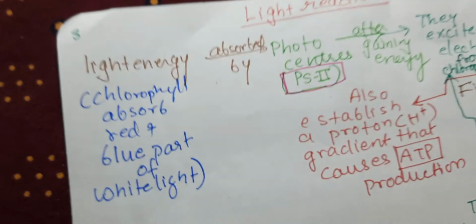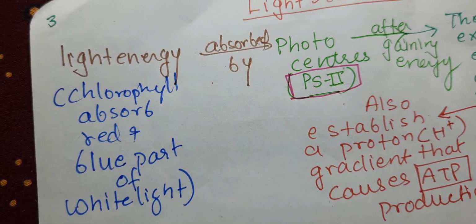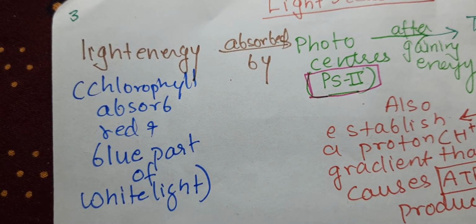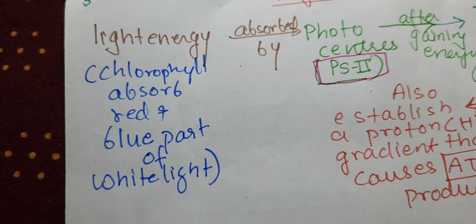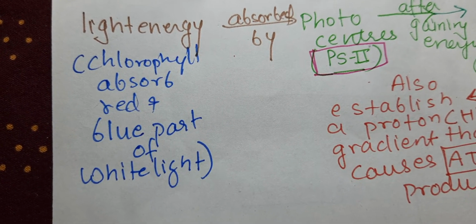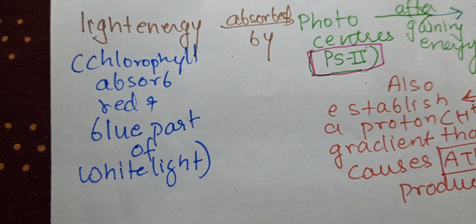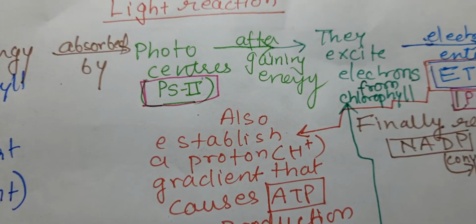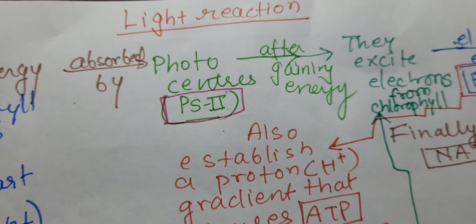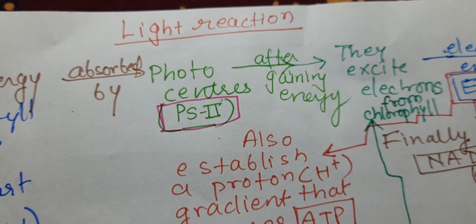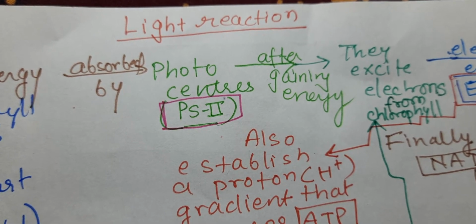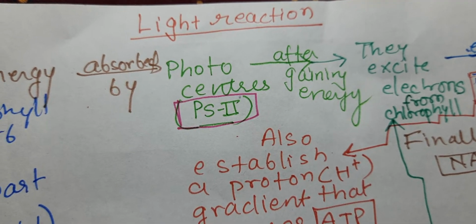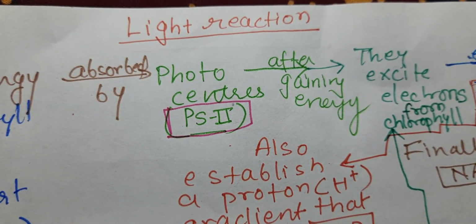During the light reaction, the chlorophyll absorbs the light. Which part? The thylakoid membrane, because it consists of photosystems. Chlorophyll actually absorbs the red and blue parts of light. The green light is not absorbed by chlorophyll. It first reaches photosystem 2, where the light energy is absorbed by different molecules, and finally they transfer it to the center molecule of photosystem